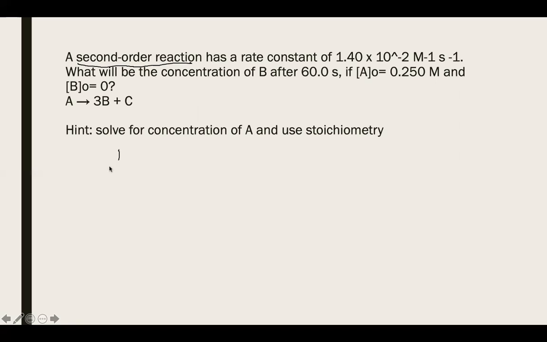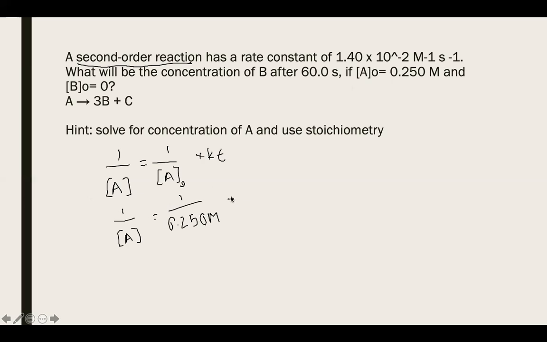So that is 1 over A, and again, 1 over A means 1 over A at a certain time, equals 1 over A initial plus KT. What we're solving for here is the concentration of A after 60 seconds. So what we can do is plug in everything except for that. So we have 1 over A equals 1 over A initial, and A initial equals 0.25. So 1 over 0.250